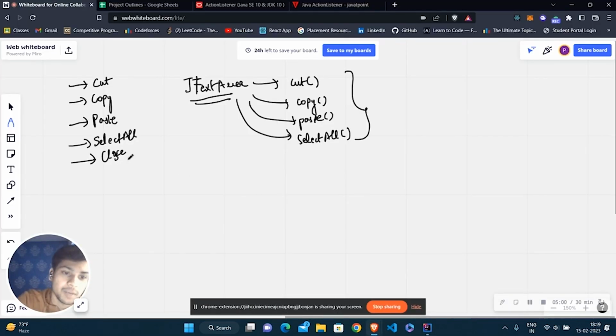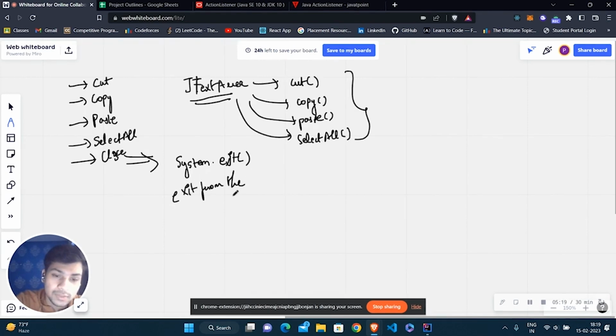So for this particular operation, we don't need to depend on anything. We just call the method that is present inside Java, that is the system dot exit method, and it will just exit from the console.